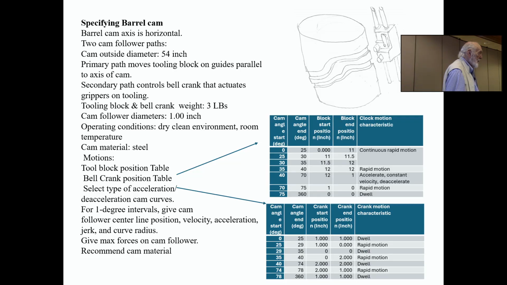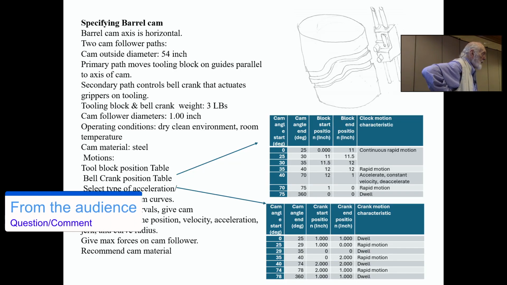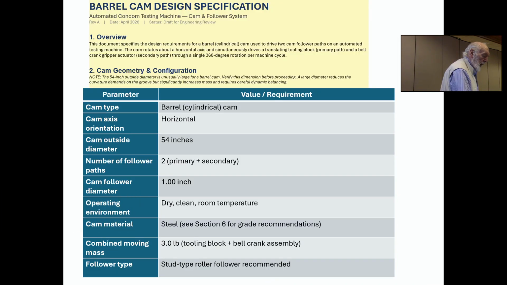I reviewed what it came up with. A very traditional approach to cam design. It highlighted the one portion that I thought might have a high pressure angle, which would be something to kill a cam or kill a cam follower. I did ask it for forces, and it said, well, you didn't tell me what speed, so I can't tell you forces. But that's part of the answer. It came back. You saw that, I believe.